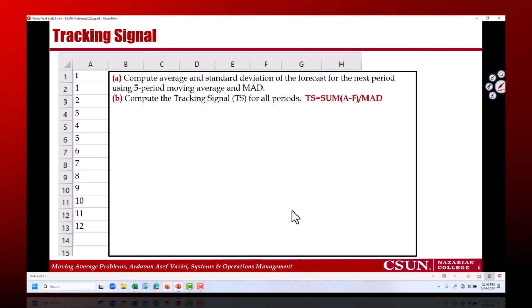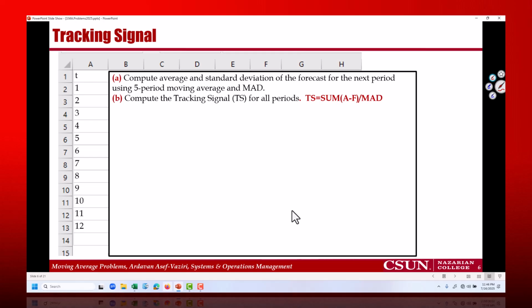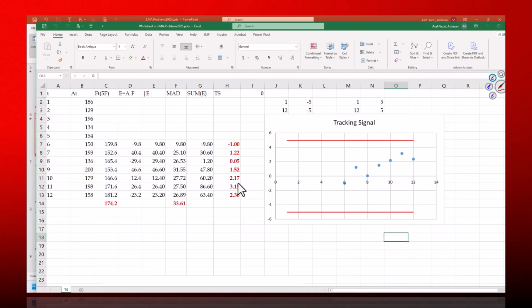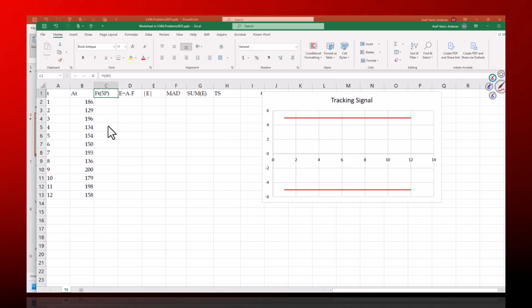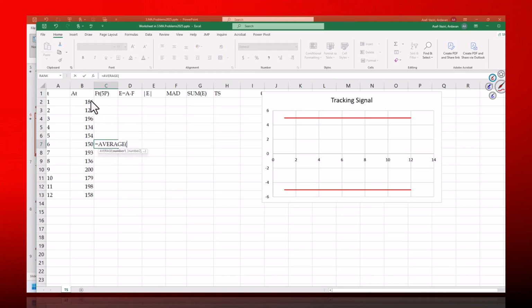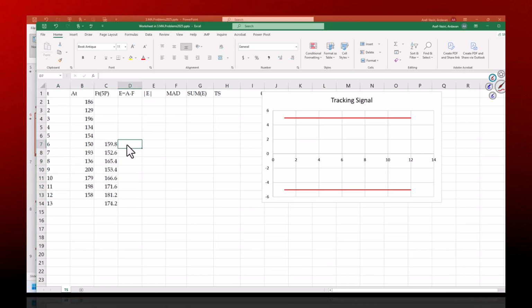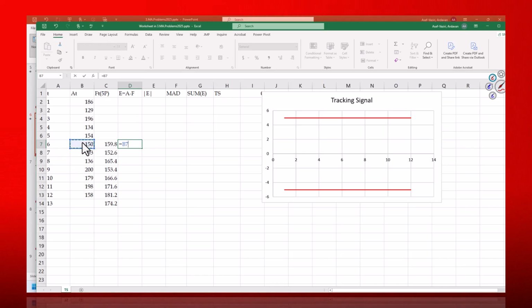Compute average and standard deviation of forecast for the next period using 5-period moving average and compute tracking signal. Let me open this file. 5-period moving average: I go to period 6, equal to average from period 1 to period 5, and copy down, and that is our forecast for period 13. Actual minus forecast equals actual minus forecast,